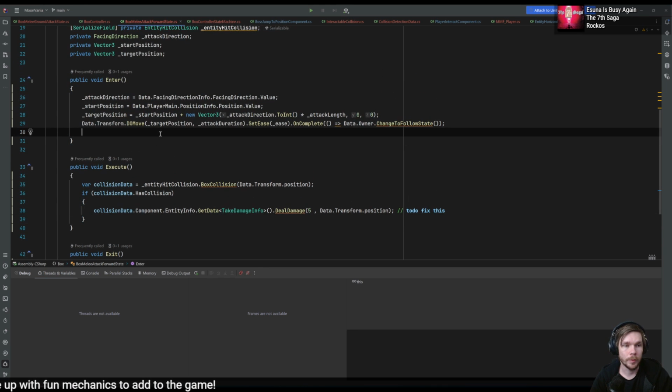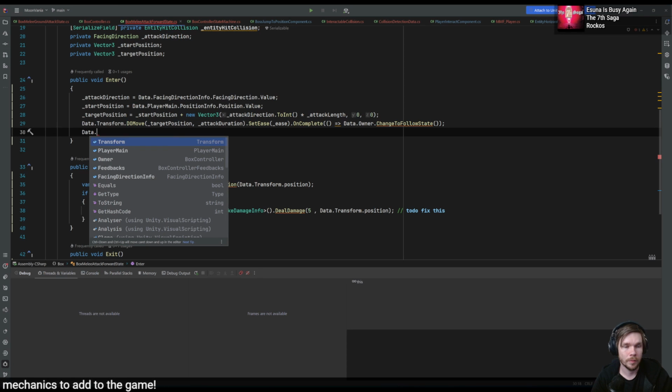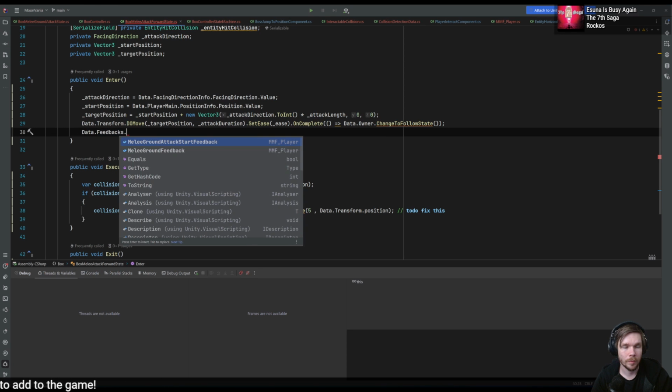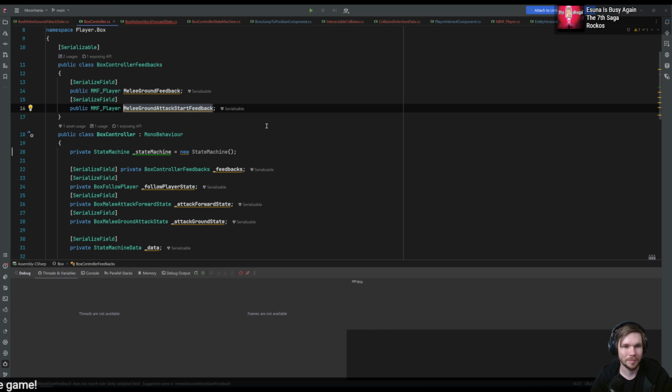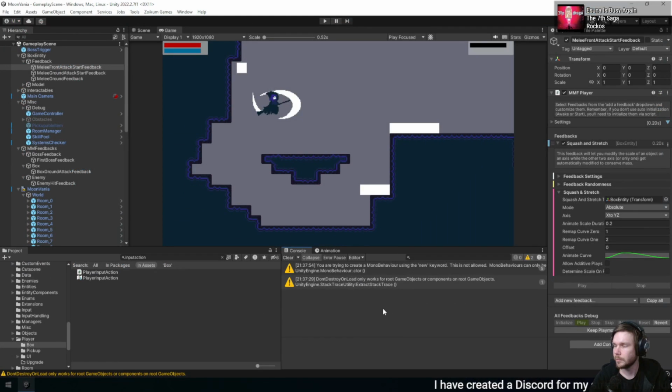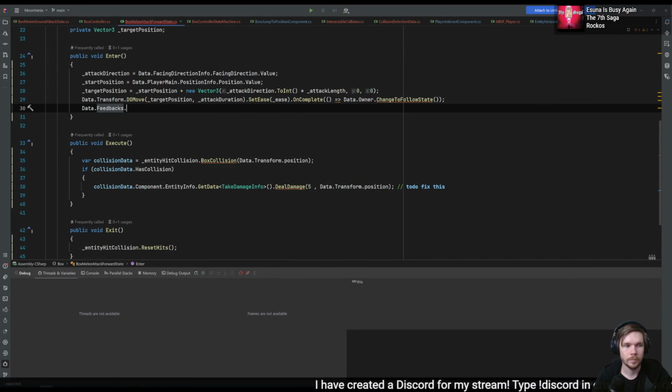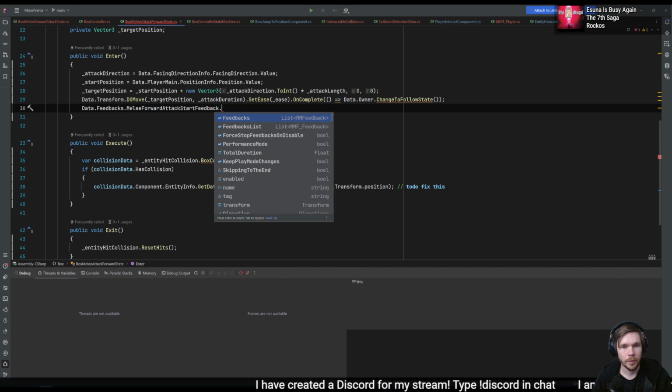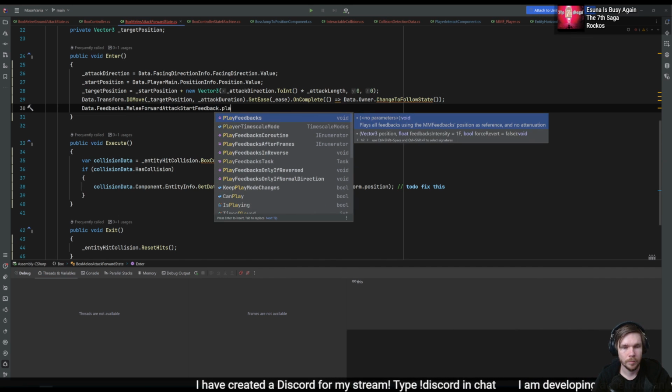When we enter here, we would just want to do data feedbacks. I need to add it. Melee forward attack dot feedback. Forward like